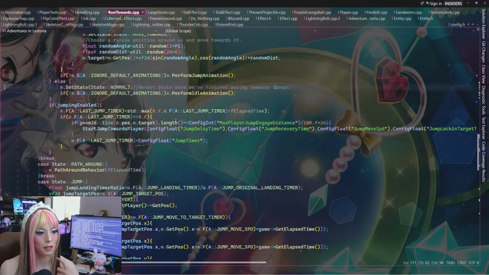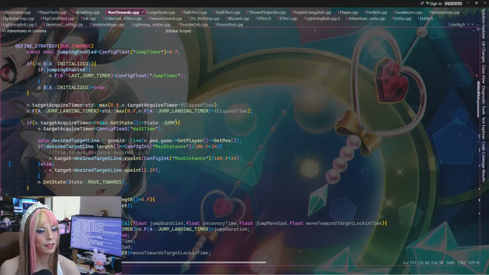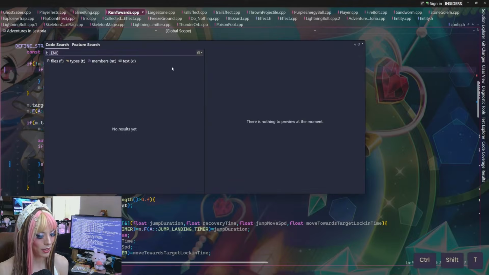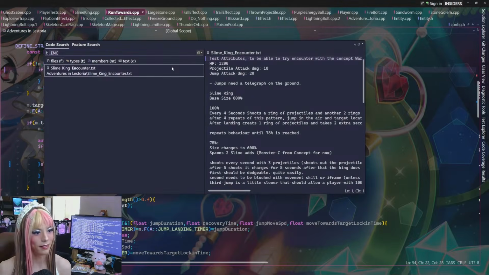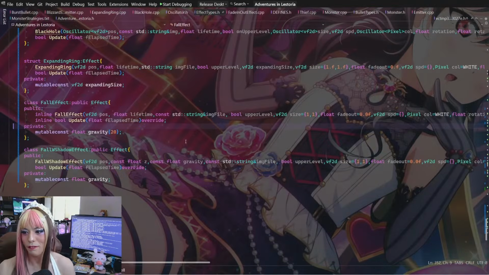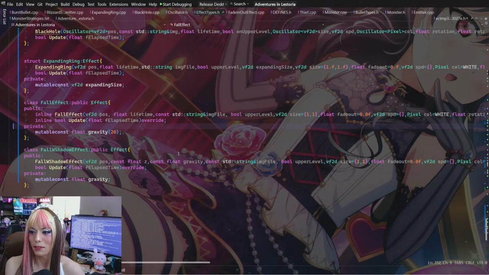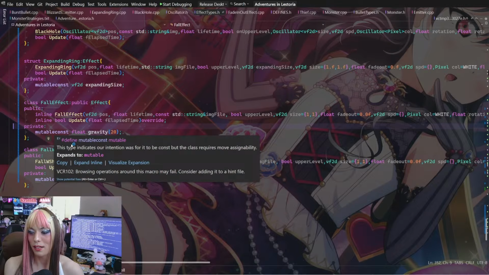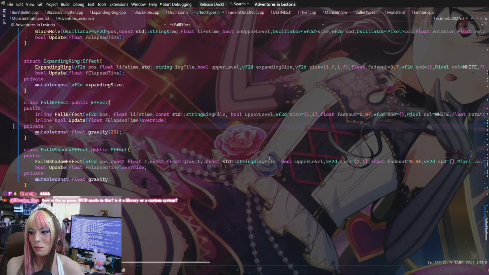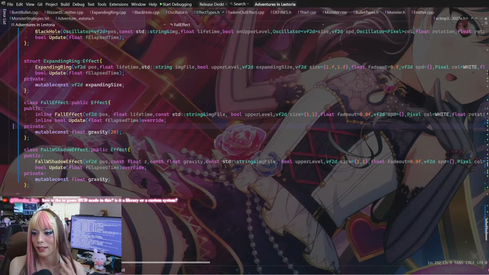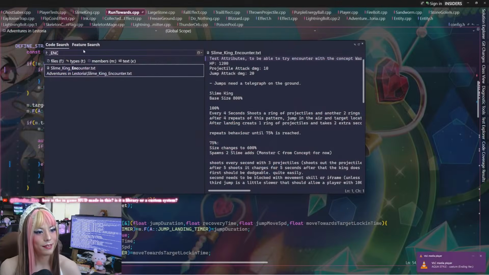I actually learned this pretty recently. But other than that, you can't use both keywords together. I made that up because in order for everything in this variant to be movable, I have to make them mutable. So I made this up, and I just wrote a comment that says this type indicates our intention was for it to be const, but the class requires move assignability. Yeah.